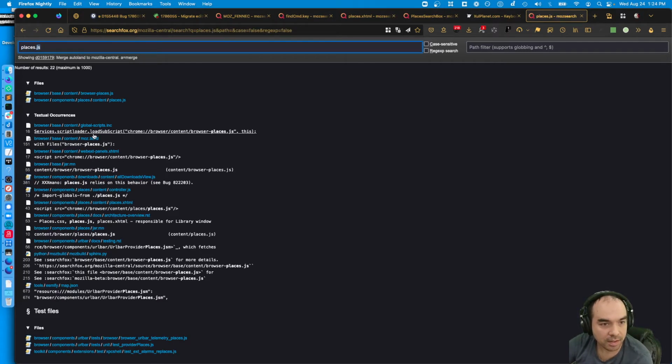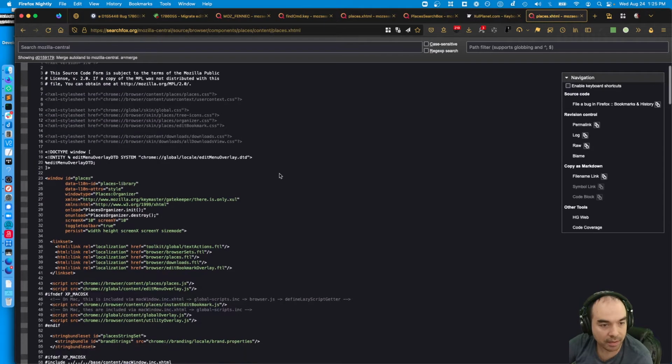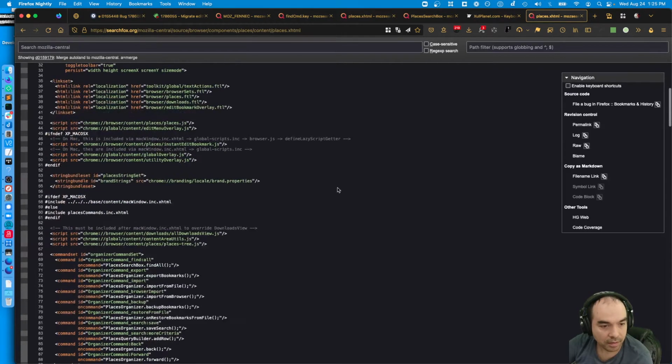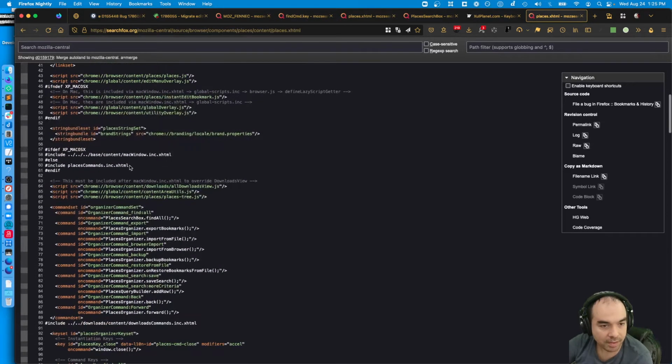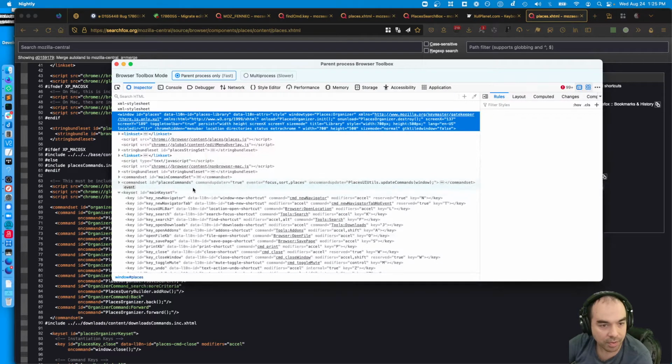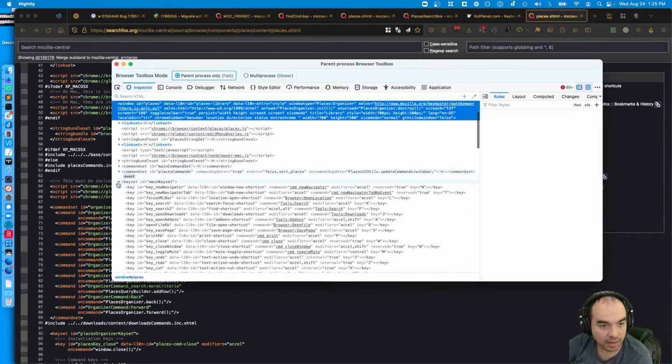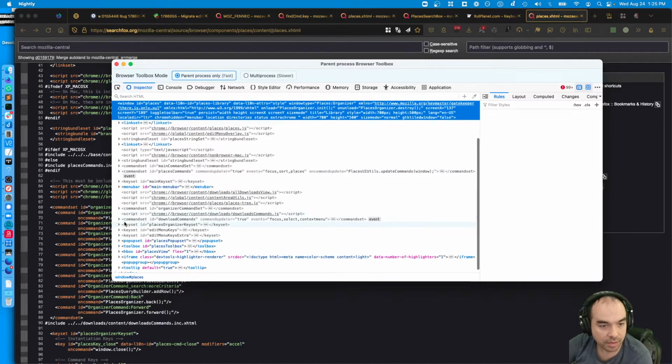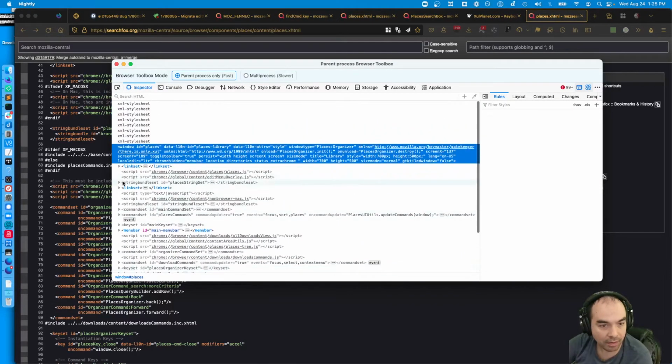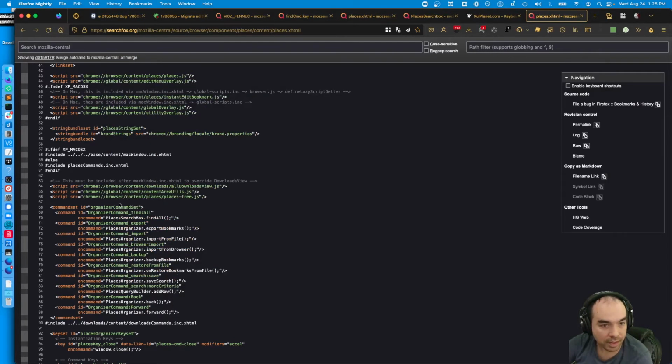Places.js is imported by places.html. Places commands. I just want to see if I can understand where this stuff's coming from. So string bundle set, places string set comes when? ID string bundle set.